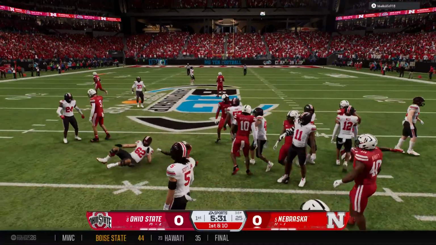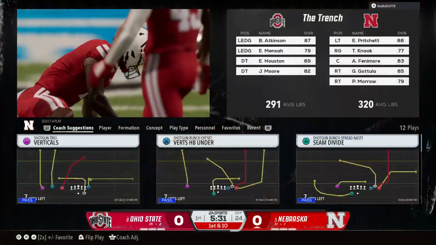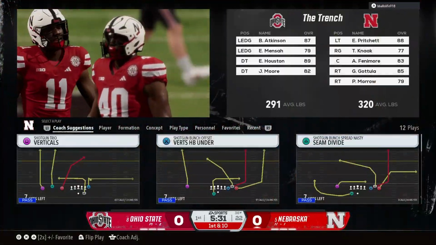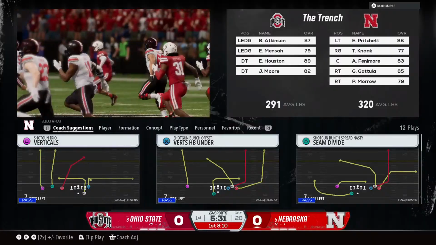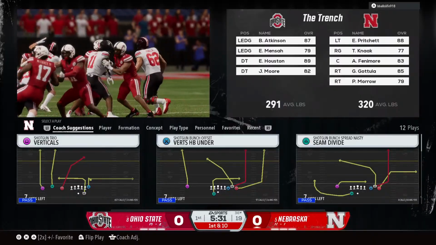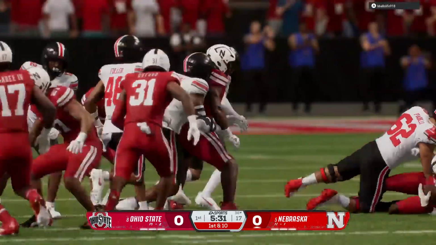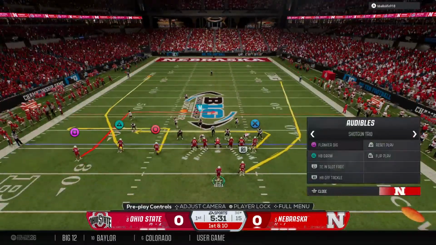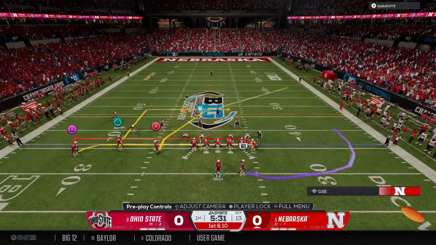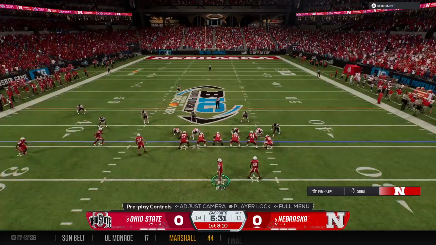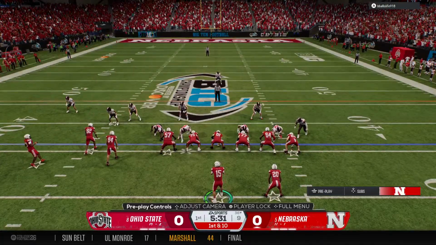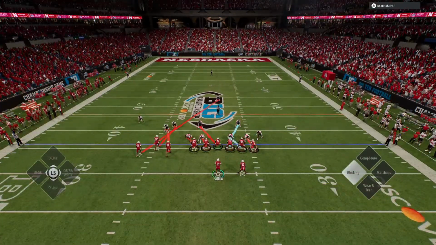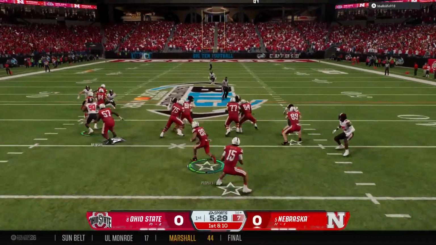The coverage team able to bring the returner to the ground. Here's the handoff.